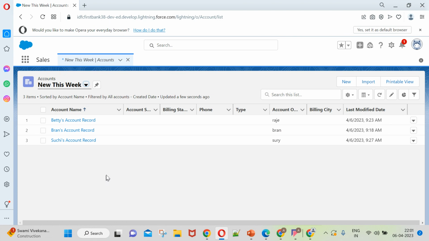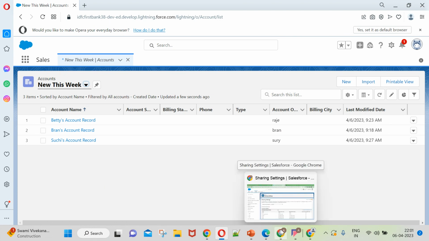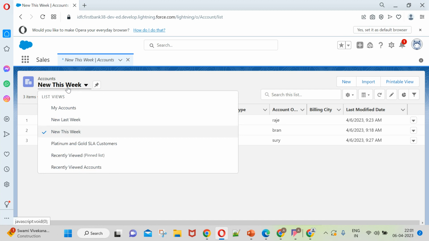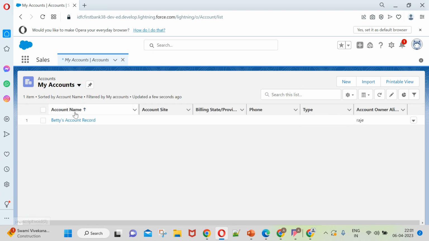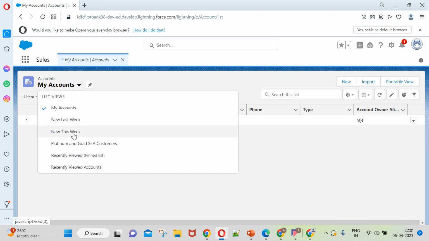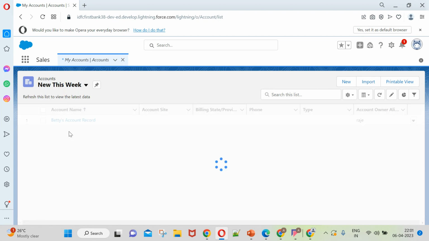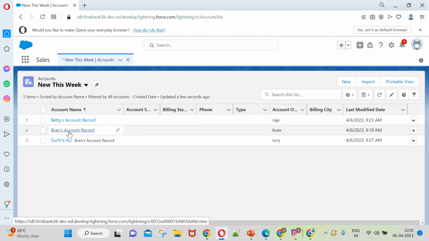Now, in this profile, we want to change. Let me go and check in another whether this has... can see now. Filter is wrong. Yes, sir. Okay, in this new this week. So in this week, whatever they created, those are all the new ones. If I am putting my accounts here, their own records can only see. That's my mistake only. Sorry, new this week. Whatever the records created in this week,